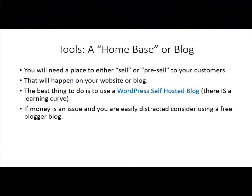Okay, now one of the reasons that you want to choose that Blogger blog, as you can see, it was uncomplicated. You can start posting right away. It's very easy to set up. And of course, there's a short learning curve to learning how to use it. And you can pretty much do everything that you need to do. You can post hyperlinks there, you can post images there, and you will be able then to start doing your